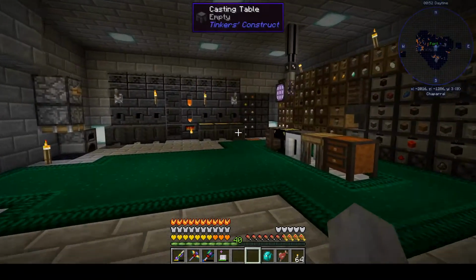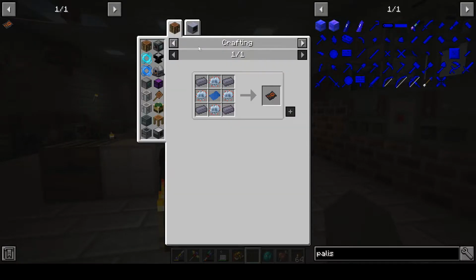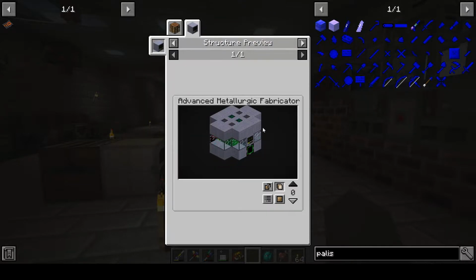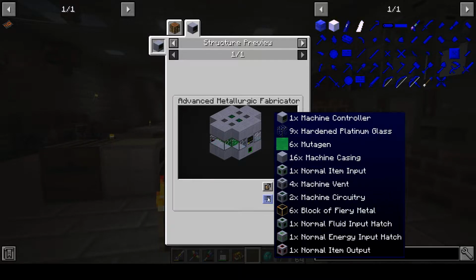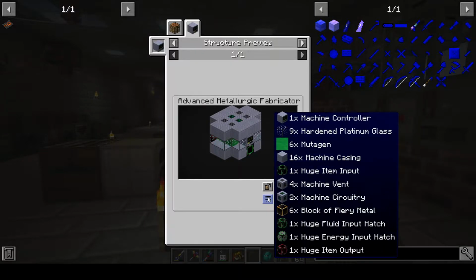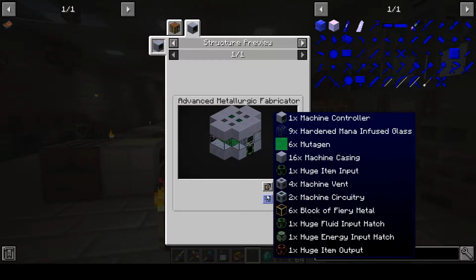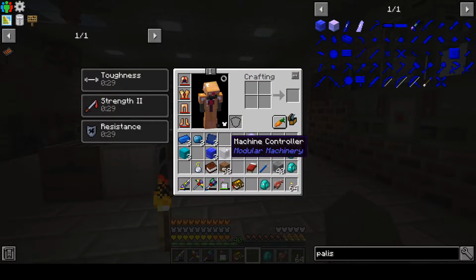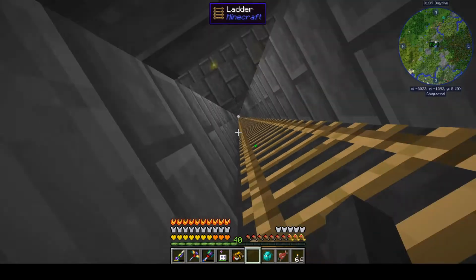When last I left you, we were looking at starting the daunting task of, let's see, what did I want to show? Oh yes, making the Advanced Metallurgic Fabricator so that we could get into Ender IO and some other stuff. And this takes a ton of junk. So I've started upgrading my facilities a bit to make this task easier. And I've also started fiddling around with getting some of it made. So I do have the top thing, the machine controller made. But let me show you some of the stuff I had to do or wanted to do just to make